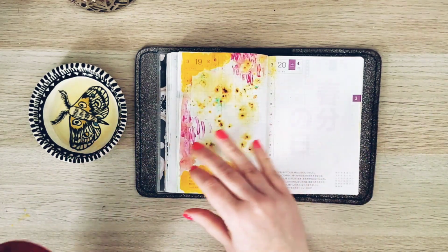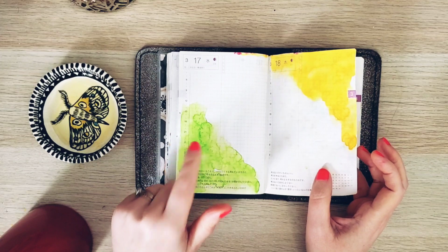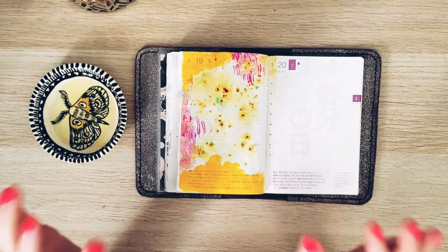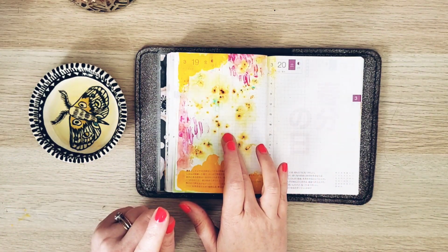If you want that sort of pooly look, like I think I actually have it, see, this pooly look, which I personally really like. The key is to not mess with it too much. Okay, anyways, I'm digressing here. So we've gone over quite a few of my favorite tools. Now we're going to transition into